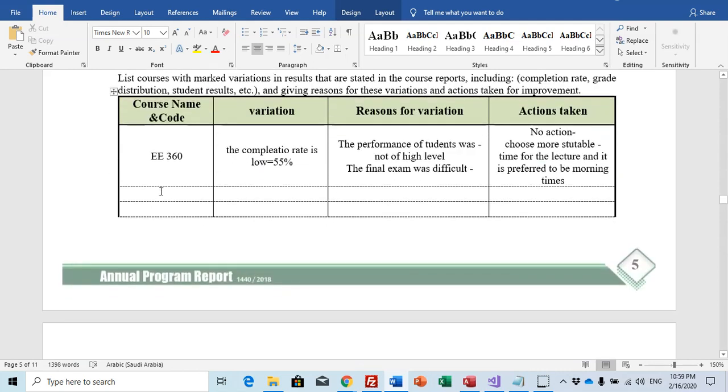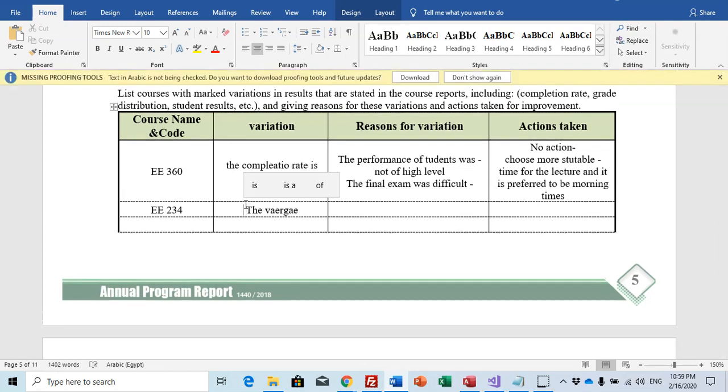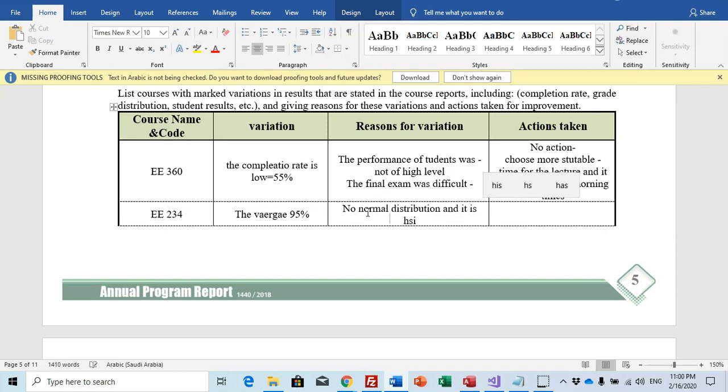Another course, EE 234, for example, the average is 95, which means no normal distribution, and it is shifted to the right.